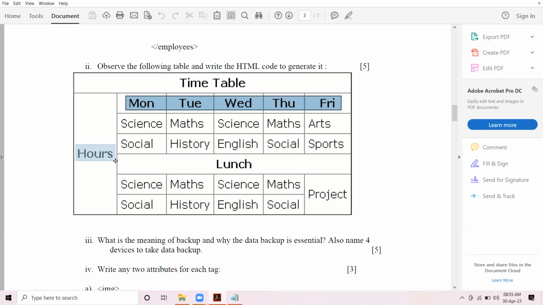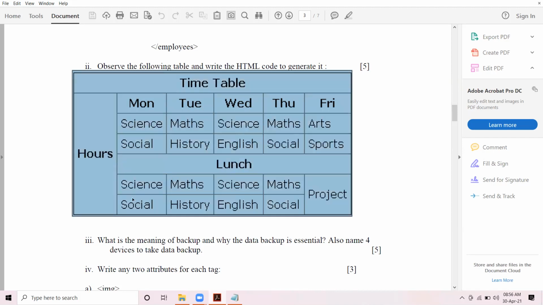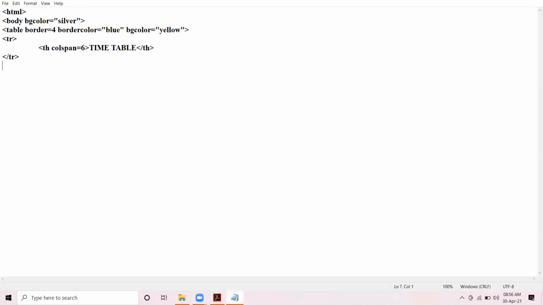See the hours spanning vertically down by 6 cells. Hours spanning 6 cells down, that is the case of rowspan. So let us write the coding.